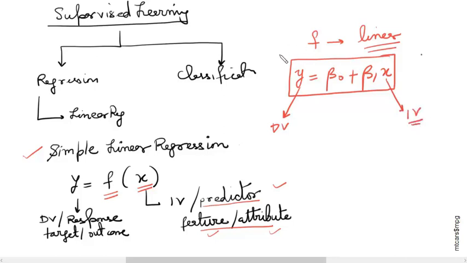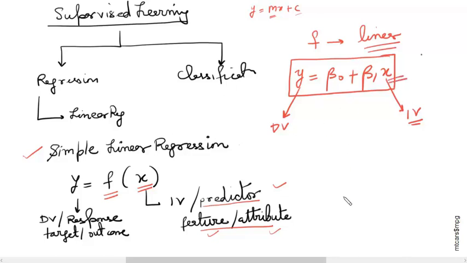Now we might have learned it slightly differently in high school. We might have learned it as y is equal to mx plus c. So this is the same as that. I have represented c as beta naught, and I have represented m as beta 1. So it's the same equation. This is the equation of a straight line, which is what we use in case of a simple linear regression, because we have only one independent variable x.